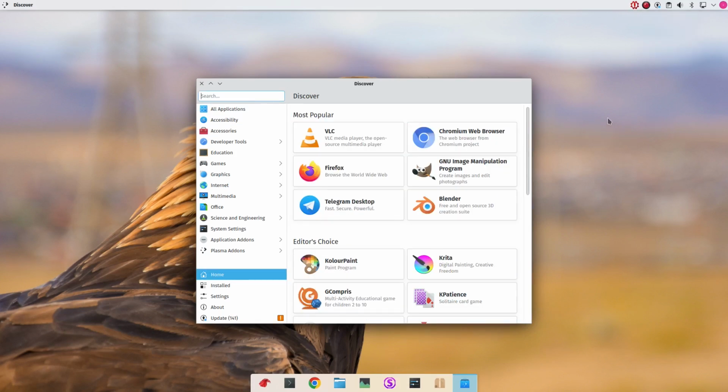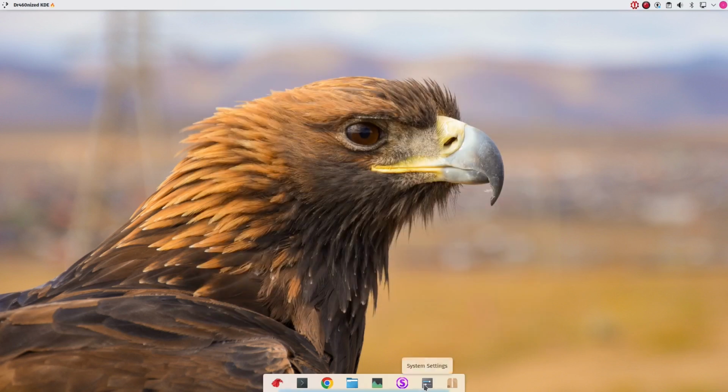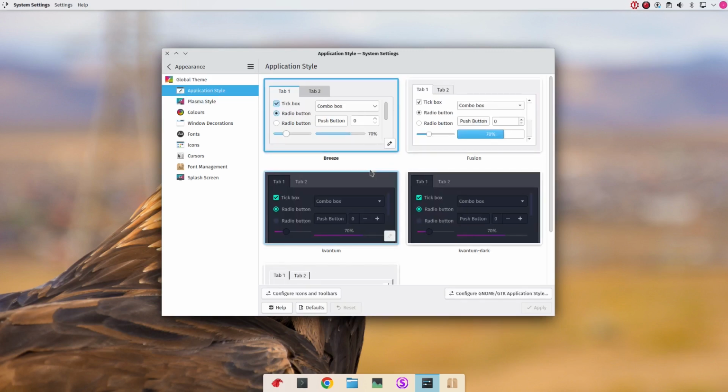You might have noticed a few minutes ago that my controls were slightly dark, so when I typed in Chrome here, it was hard to see, and that was down to my settings. If I go into Appearance and go to Application Style, I had it set to one of these down here, so I had a dark window, so it was dark and light mixed. By choosing Breeze up here,